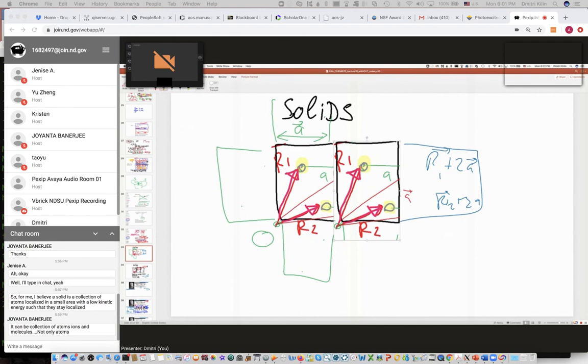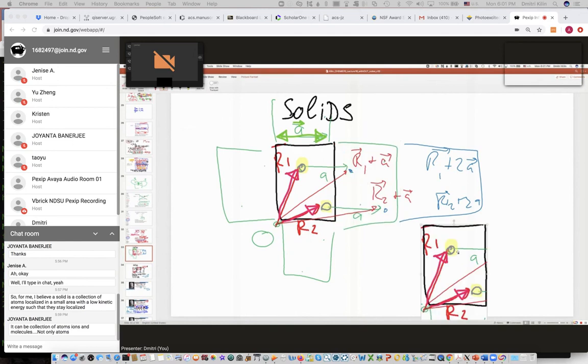Here is the green arrow, and we have the vector A. So if we define the size of the box, then positions of these yellow atoms in the periodic replica, in the periodic image, in respect to the origin in the original box will be the same as they were in the first box,